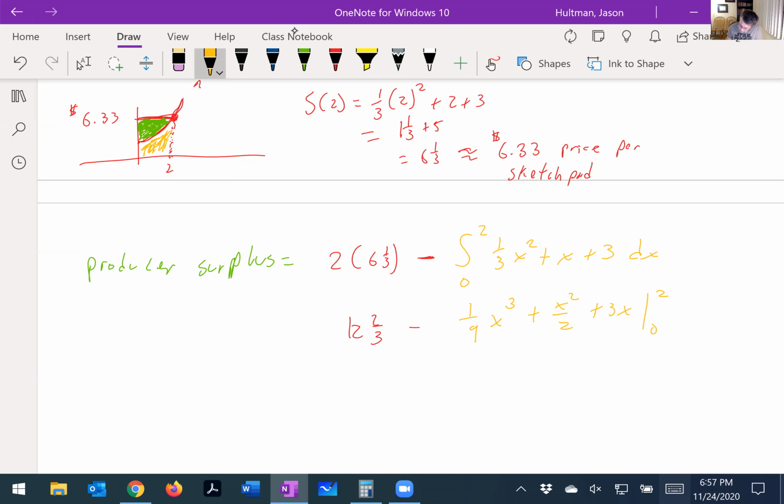Okay, so I'm going to plug in 2 for each of these. Each of these has an x, so I can just plug in the 2. I don't have to worry about the 0. So I'm going to get 12 2/3